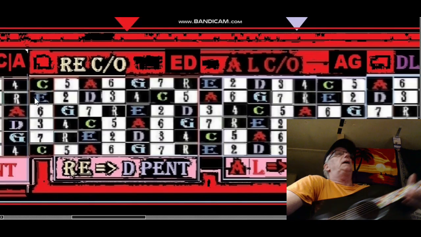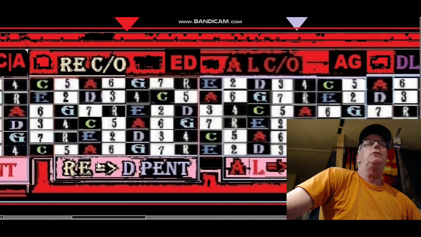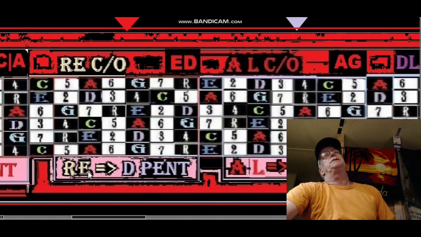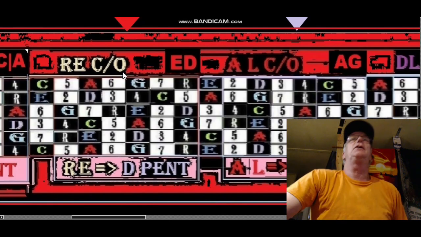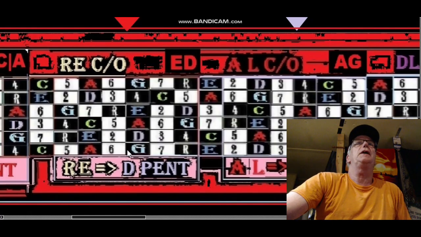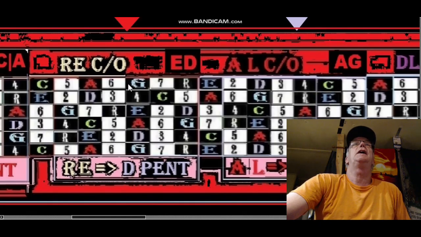So we analyzed. So we got root RE going to D pentatonic. RE has a cutout, or we can just continue on with that long pattern, 5, 6, 7, 2, 3, 5, 6, 7, 2, 3, 5, 6, 7. The cutout will give us total longs. It's better to exploit these open strings here for us. Or the long pattern can always play into